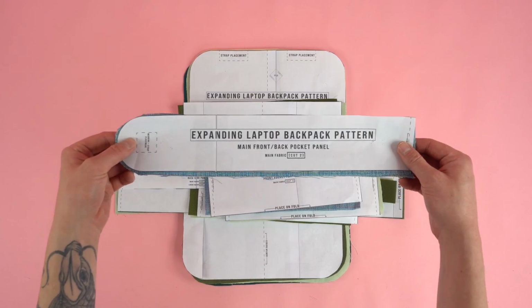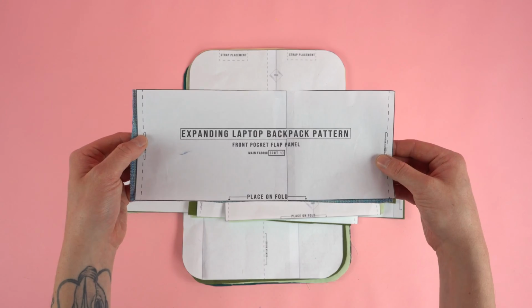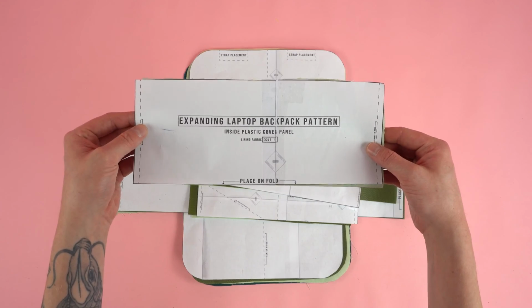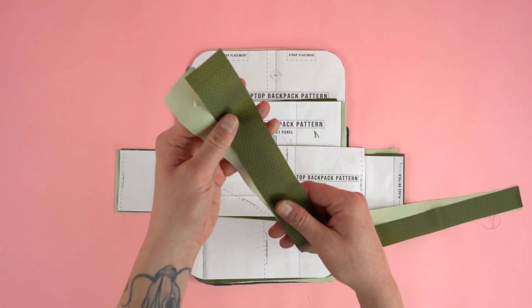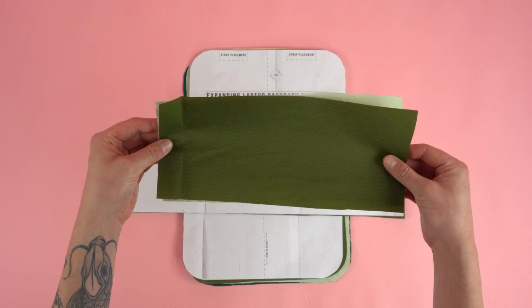And after cutting out your pattern pieces, you should end up with 4 main strap panels cut out of your main fabric, 1 front pocket flap panel cut out of your main fabric on the fold, 1 inside plastic cover panel cut out of your lining on the fold, 2 back side panels, 1 cut out of your main fabric and 1 cut out of your lining, 2 main bottom side panels, 1 cut out of your main fabric and